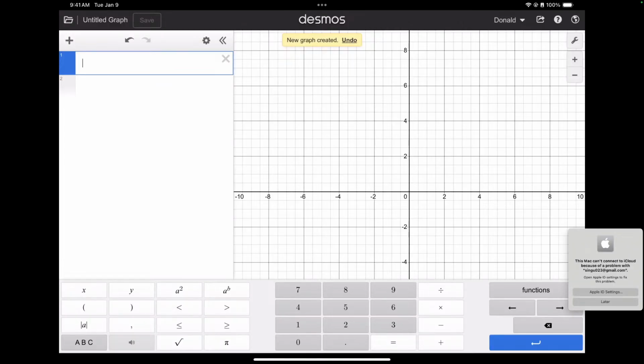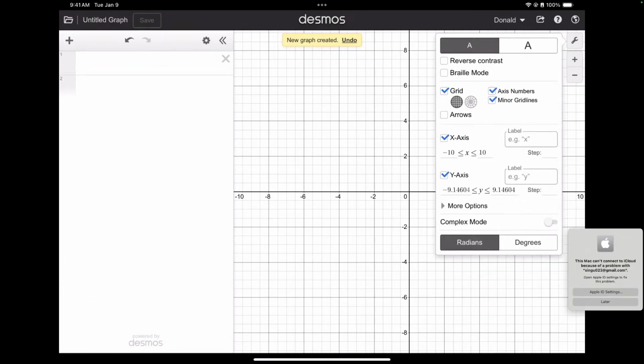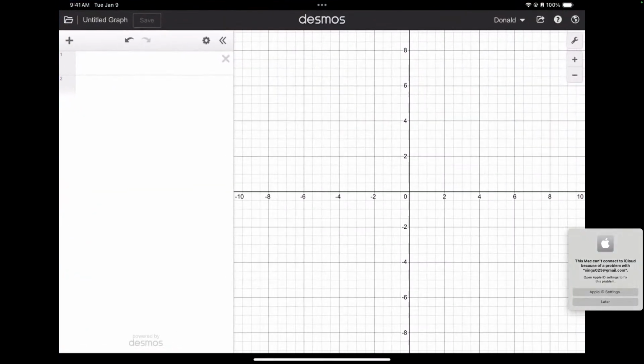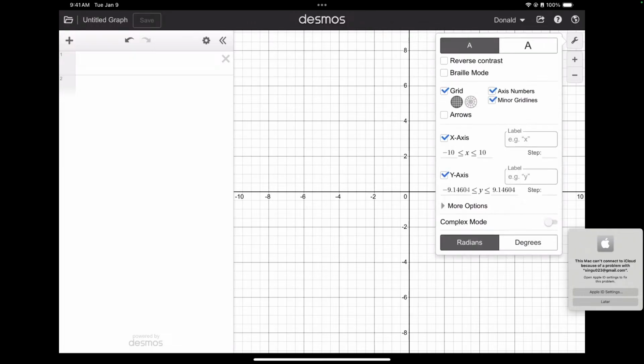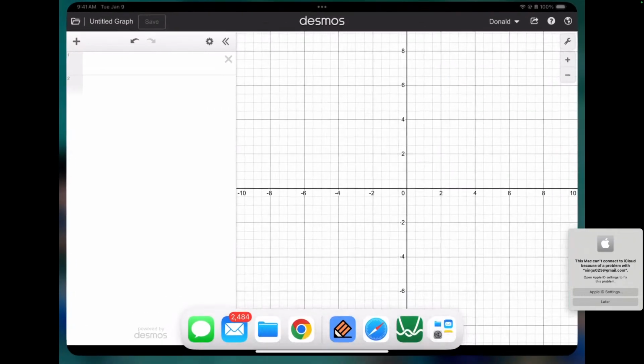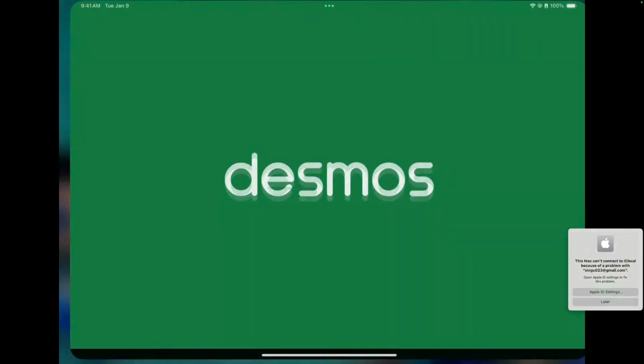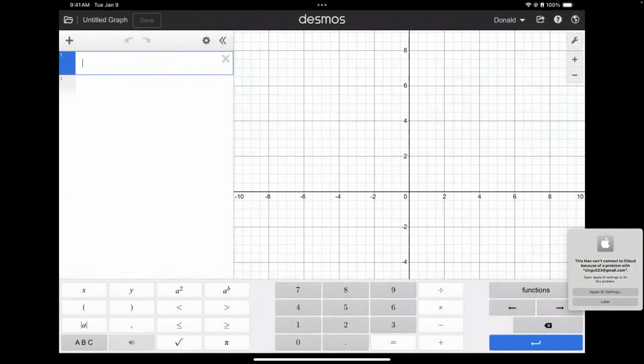That's calculus, yeah. So this is how do I get the bottom keyboard? It was there. Hold on, let me try again. Okay, so